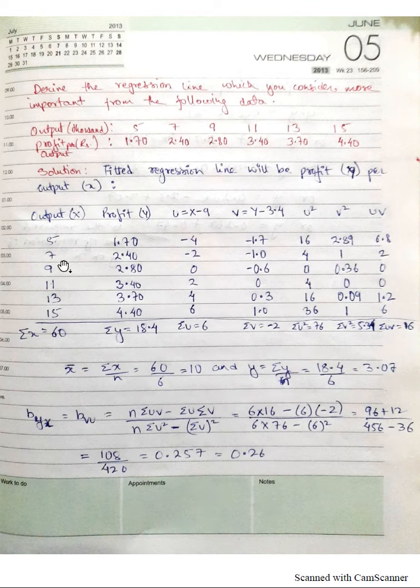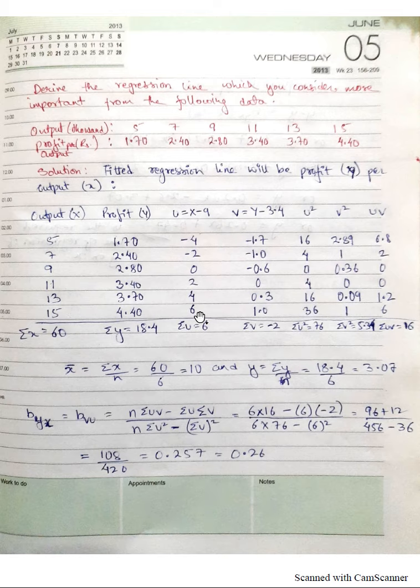So since the values of x and y are pretty big and a little absurd, we change the origin. We already know the regression coefficient will not change if we change the origin. So let's say we subtract 9 from this. We take a supposed middle value and try subtracting it. Since this looks to be one of the middle values, 5 minus 9 will be minus 4, 7 minus 9 will be minus 2, 9 minus 9 will be 0, 11 minus 9 will be 2, 13 minus 9 will be 4, and 15 minus 9 will be 6.